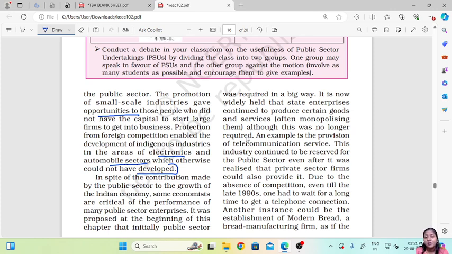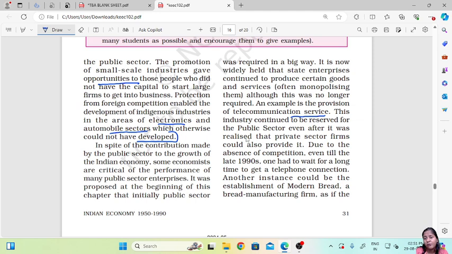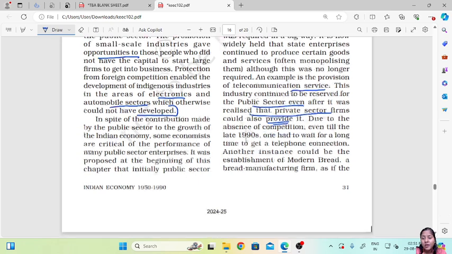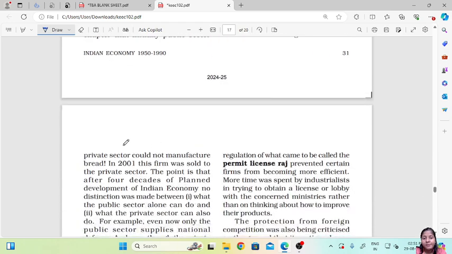Okay. Next example is the provision of telecommunication service. This industry continued to be reserved for the public sector even after it was realized that private sector firms could provide it. Due to the absence of competition, even till the late 1990s, one had to wait for a long period of time. Another instance could be the establishment of a bread manufacturing firm, as if the private sector could